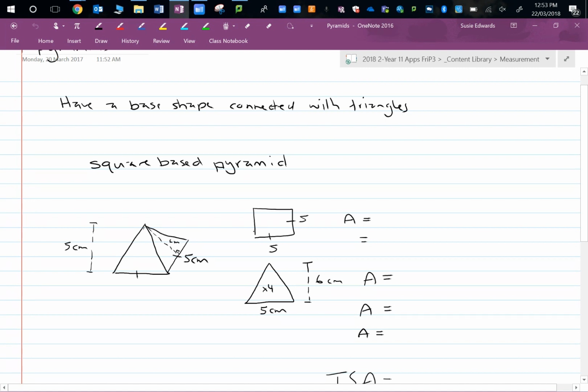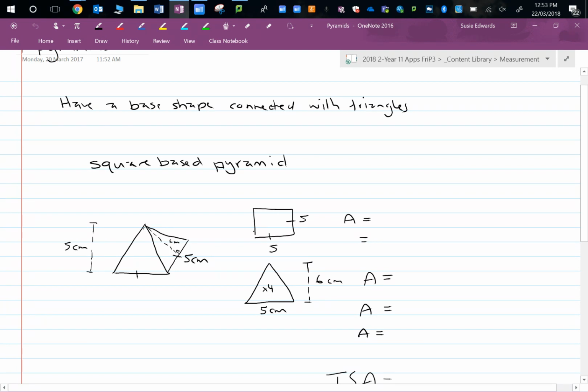We're trying to find the area of this triangle here, this one. Is the height 5 centimeters? No, it's the height from here to here, which is probably going to be longer because it's on a slant, okay? So we need to know what that height is, the height of the triangle, not the height of the pyramid, to be able to work out the area of these triangles, okay? So sometimes you might have to use Pythagoras or sometimes they might give it to you, but